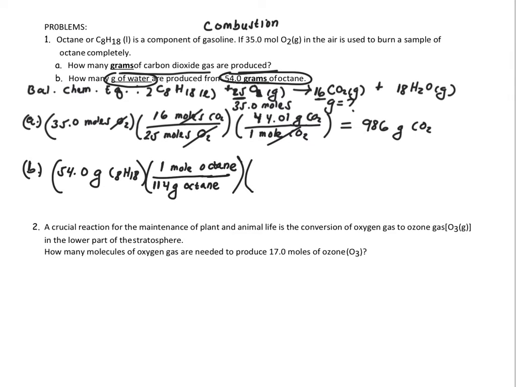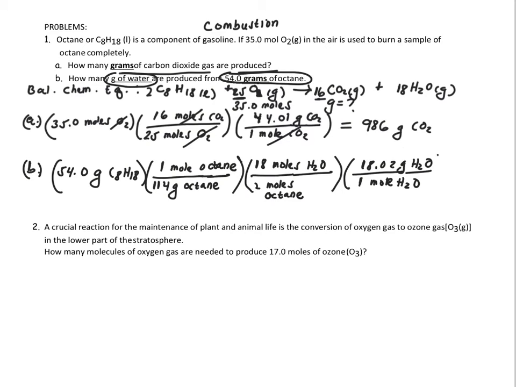And if we look at the mole to mole ratio, there's 2 moles of octane for every 18 moles of water. And after we have the moles of water, we know that for 1 mole of water, we have 18.02 grams of water. So moles of water cancels out, moles of octane cancels out, grams of octane cancels out, and we're left with 76.7 grams of water